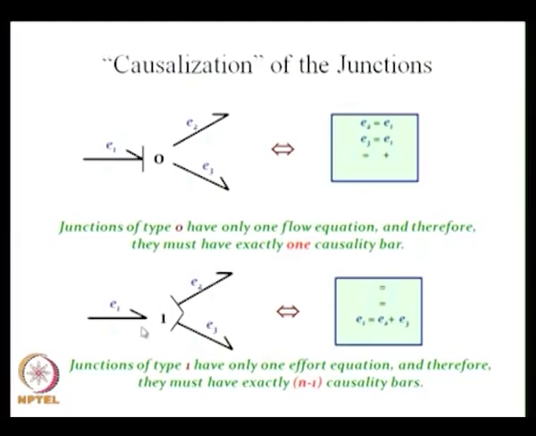So you can see that F1, F2, F3 are equal, and E1 is equal to E2 plus E3, because this is the input effort, and that is the output. So E1 is equal to E2 plus E3, that is the causal stroke for causality assignment for 0 and 1